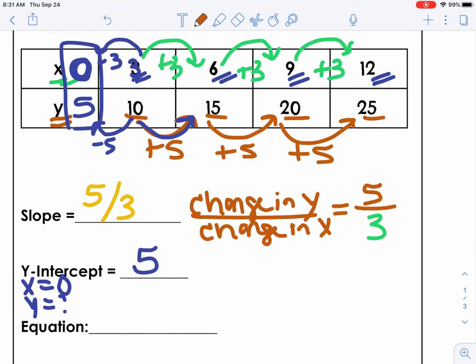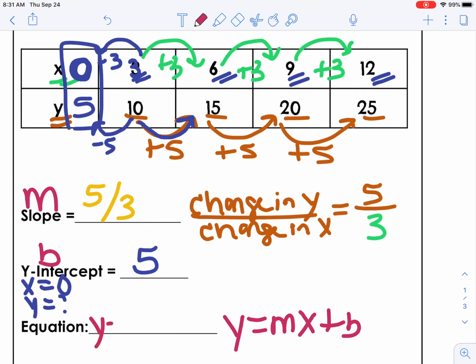Now that I have my slope and my y-intercept, I can write my slope-intercept form equation. y equals mx plus b, where m is your slope and b is your y-intercept. So my equation is y equals 5/3 x plus